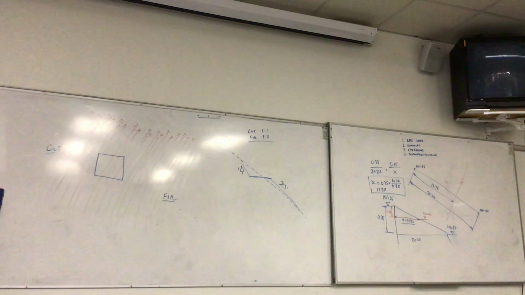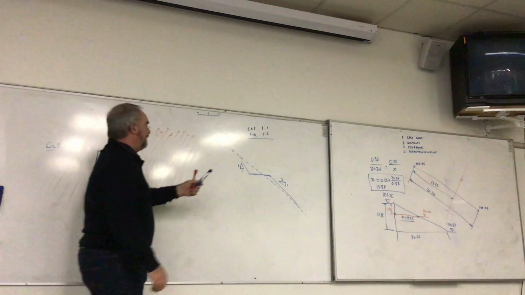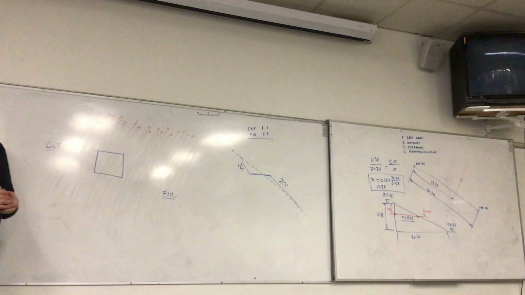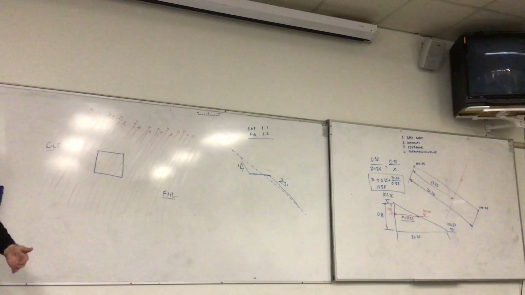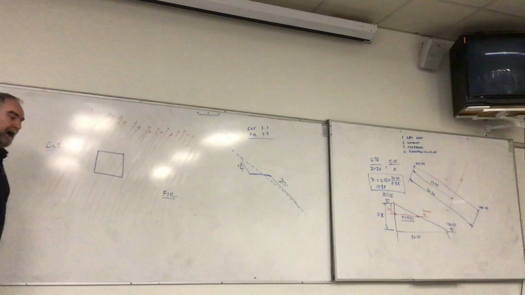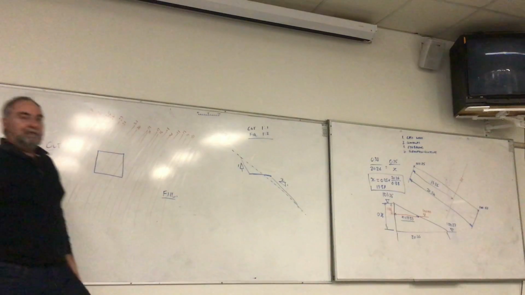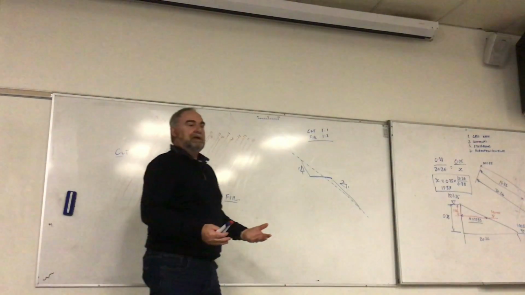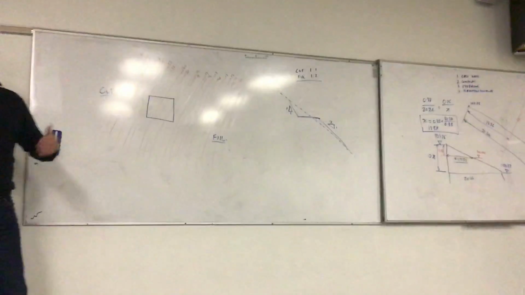The next thing we need to do is to try and work out what this proportion 1 to 1 and 1 to 2 means. When we give a slope grade or proportion like that, what we mean is that for every time we go out 1, we go down 1. So if I go out a half a step, I'm going down half a step. If I go out 2 steps, then I'm going down 2 steps. So it's very proportional. If I go out 0.3, I go down 0.3. If I go out 0.1267, I go down